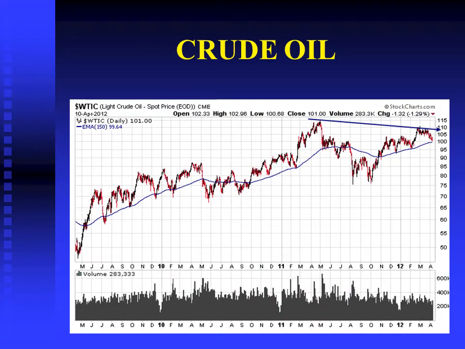Here I'm showing the price of crude oil. And again, crude oil is behaving exactly like all the other commodities. This is the theme that I would like to come across with, is that all commodities behave in the same way. Notice how oil peaked in the early part of 2011 and really has not done anything since then. Why? Because the economy is gradually slowing down, and in fact is even slowing down even more in the first half of 2012.